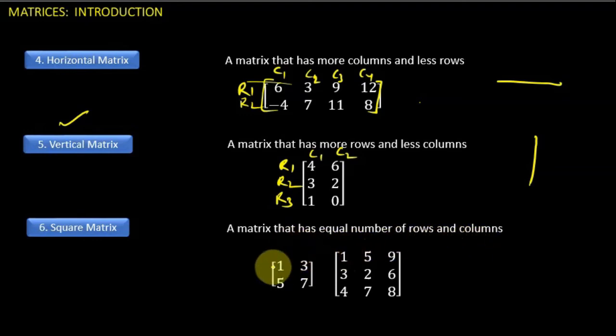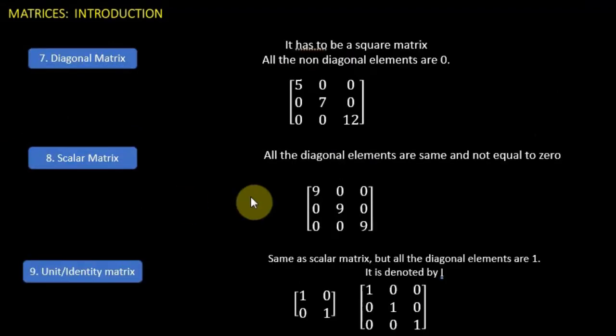In a given matrix, if rows and columns are equal, then that is said to be the square matrix. This is very, very important, so you should remember this. Here, what is the order of this matrix? 2 cross 2. For the second example I took, the order of this matrix is 3 cross 3. Here the number of rows and columns should be equal. That type of matrix is called a square matrix. Now we'll see the next type of matrix.